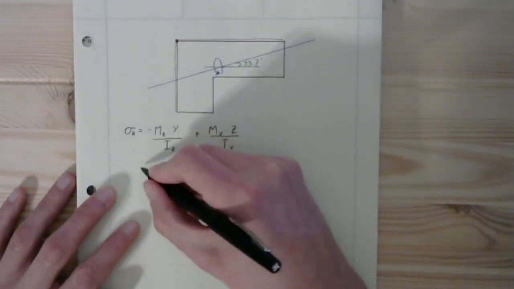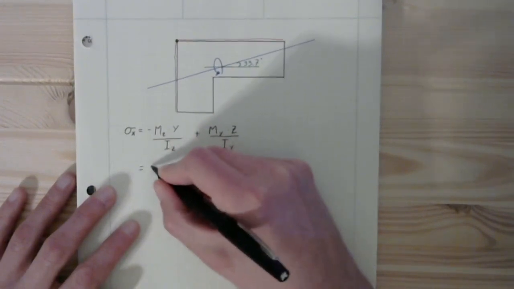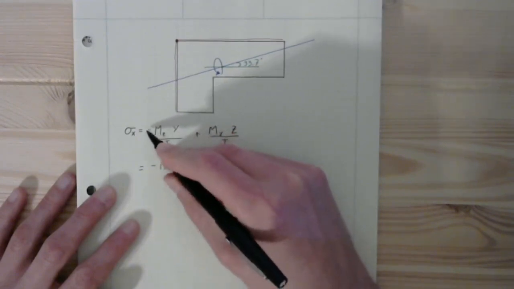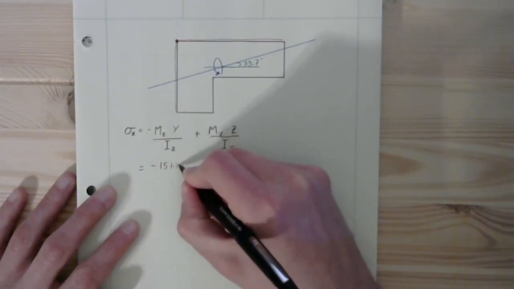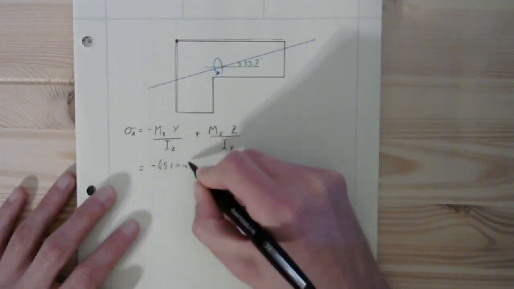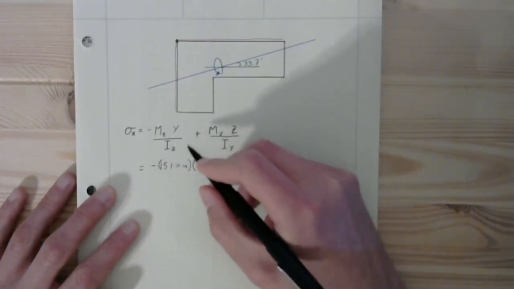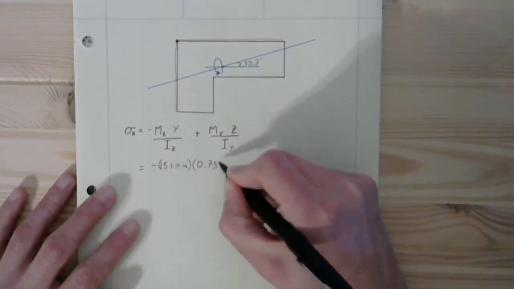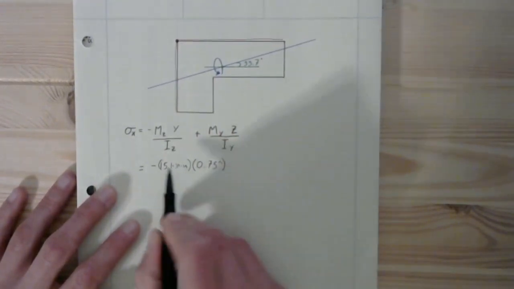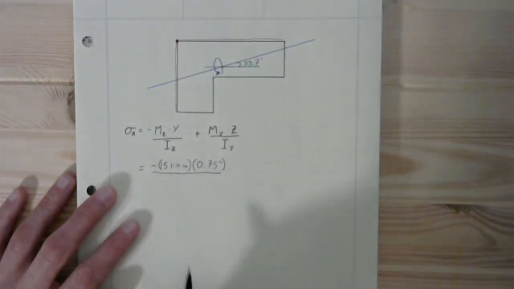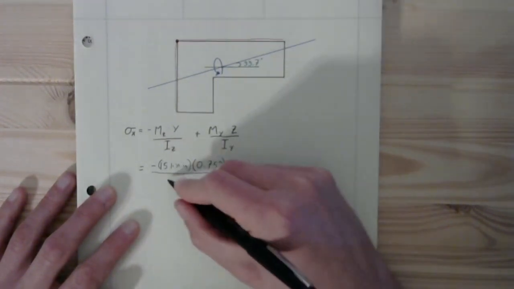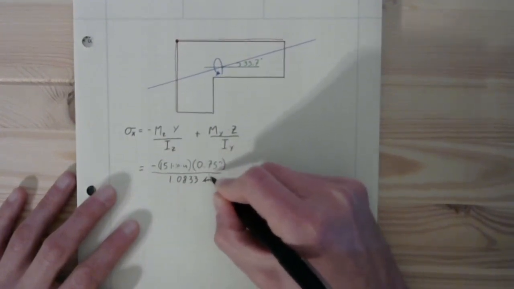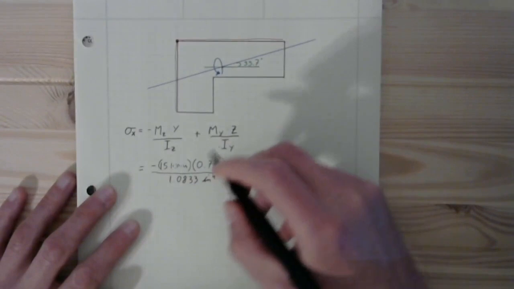So this will end up being our positive 15 kip inches made negative times that lever arm that I just said was positive 0.75 inches divided by 1.0833 inches to the fourth